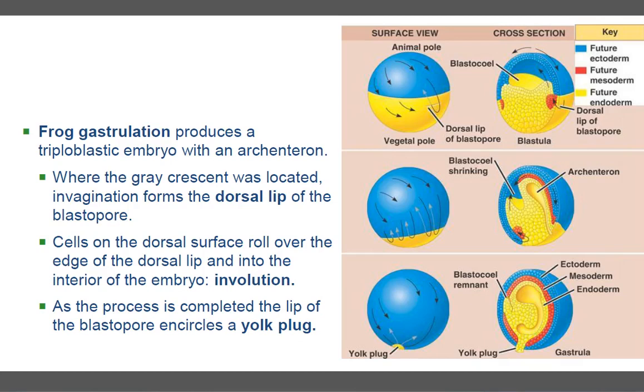Now here we will require more of your three-dimensional imagination. Think of yourself as those CIA agents who can see things moving around in their mind, because we need to imagine how these cells are going to move from one place to another. So, as we approach the stage of gastrulation, you have your blastocele, which contains fluid secreted by your blastomeres. Because the rate of division in your micromeres is much faster than the rate of division of your macromeres, which is slower because of the presence of the yolk,